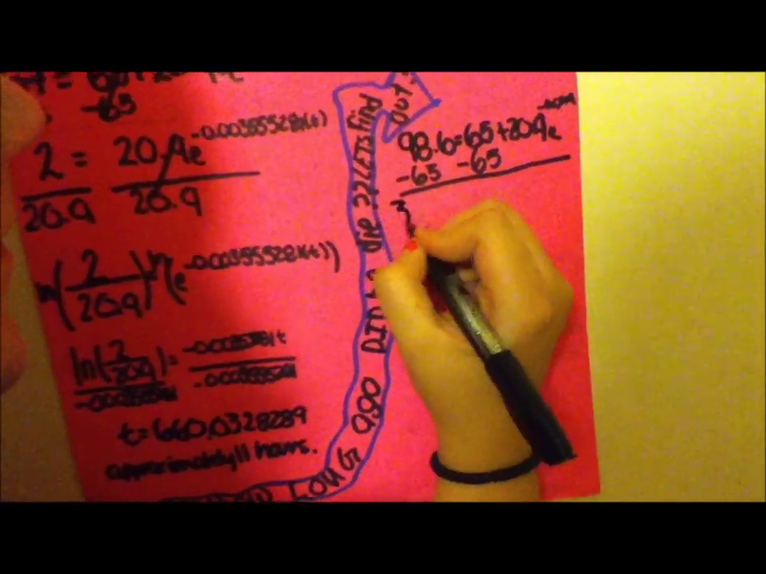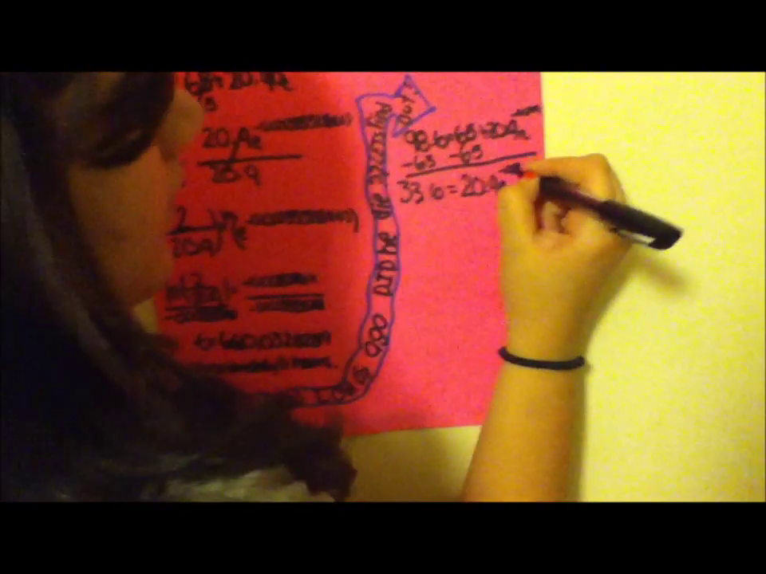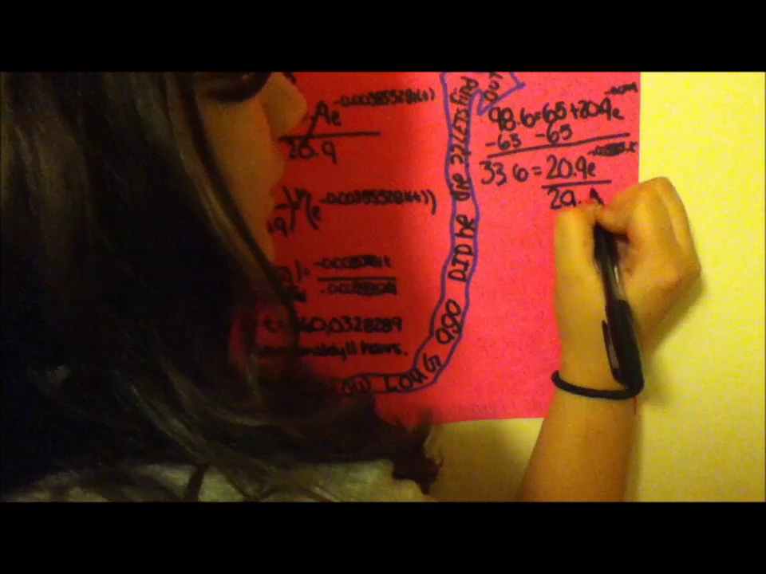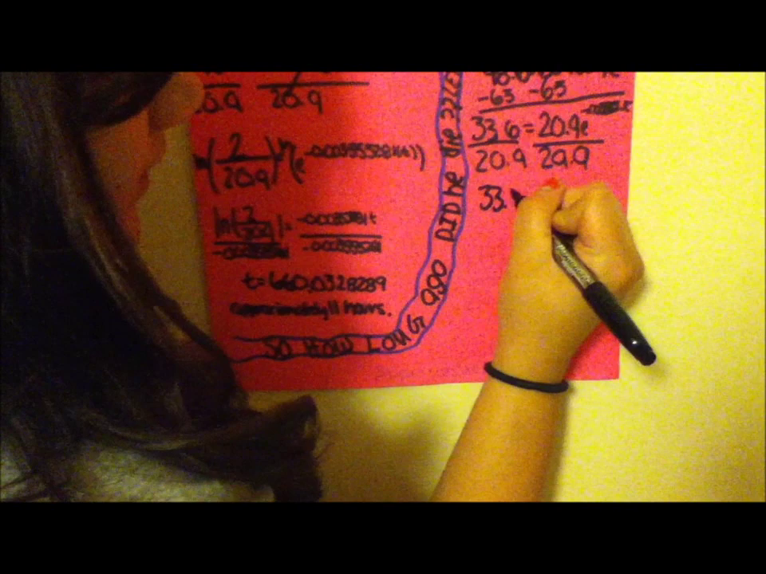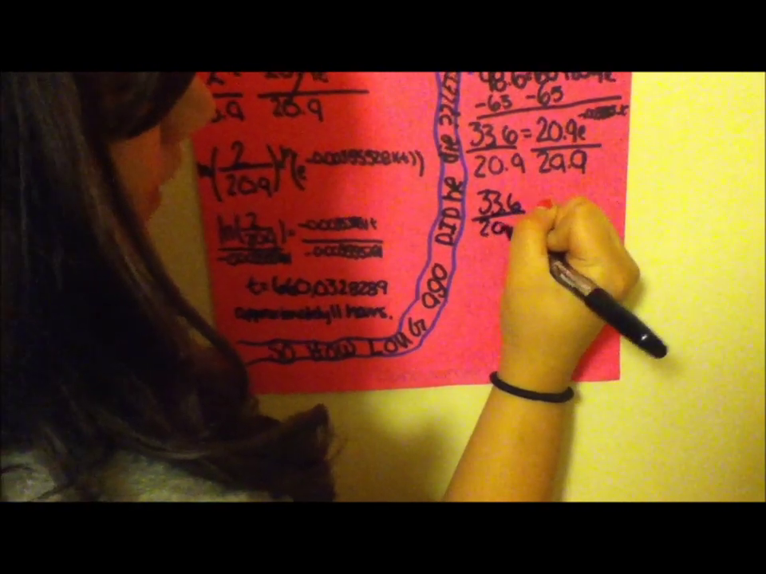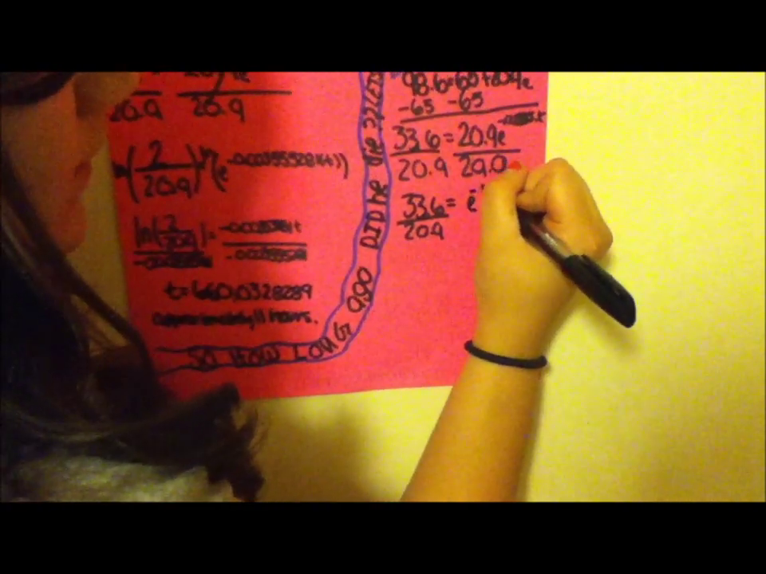You're left with 33.6 equals 20.9 e to the negative 0.00355, you know the rest, times t. You divide by 20.9 on both sides, and you're left with 33.6 divided by 20.9 equals e to the negative